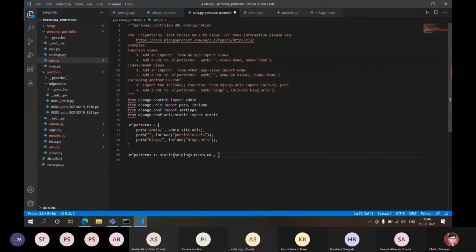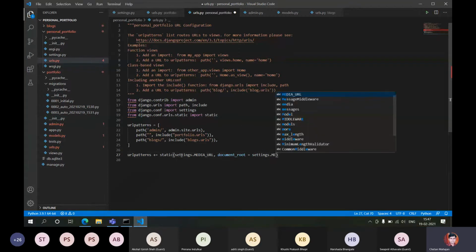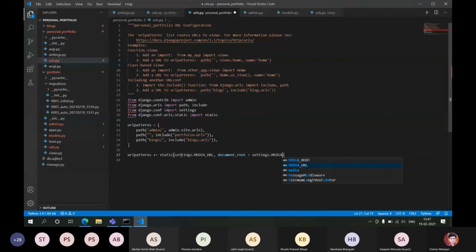Okay, and then I'll be mentioning document_root. document_root is equal to settings.MEDIA_ROOT. Okay, so I have included it,